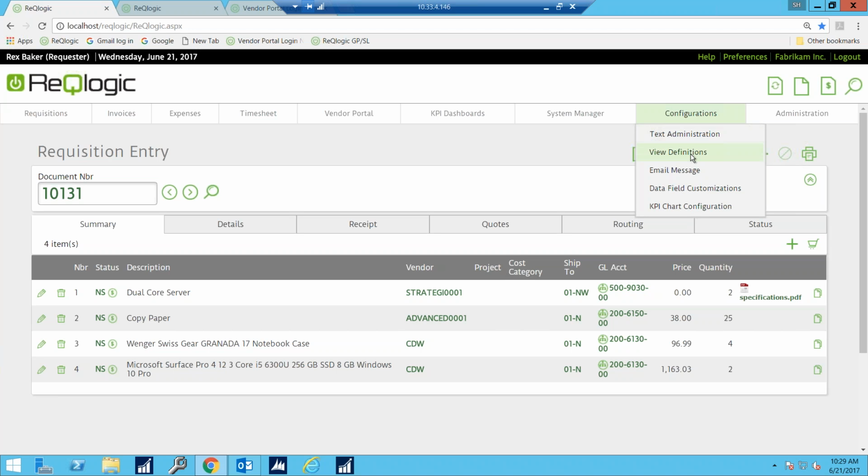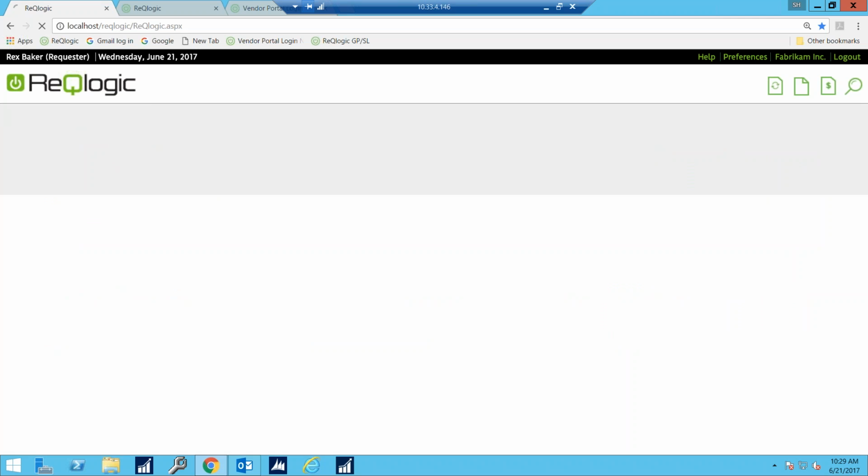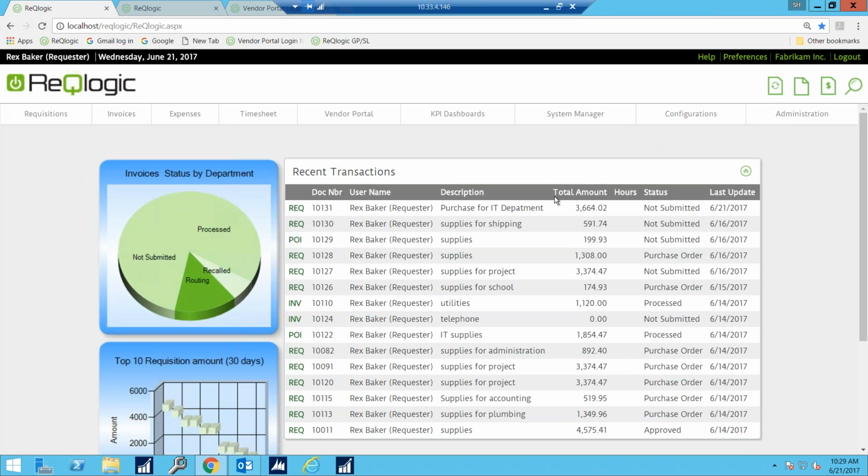Underneath your view definitions, anywhere you see a gray bar, such as this, or on the home page, such as this, you can modify these gray bars. So you can add fields, columns of information to them to allow you to sort. You can see you can sort on each of these fields in a different manner. So if I